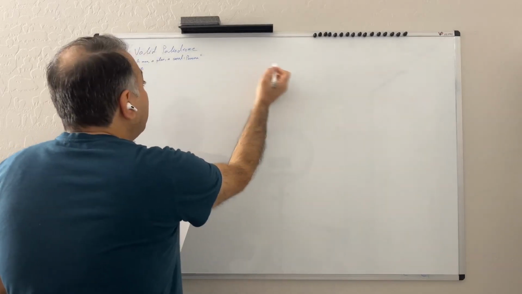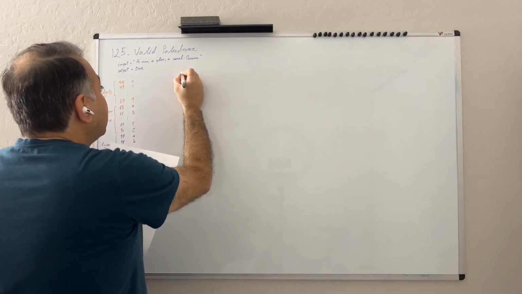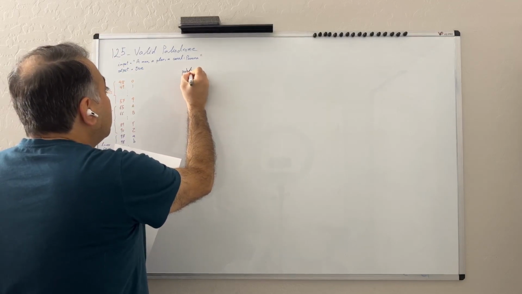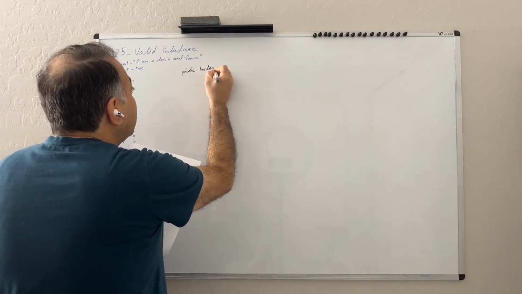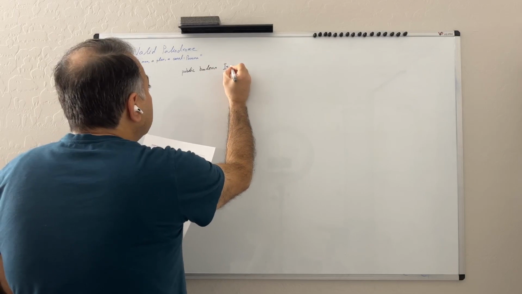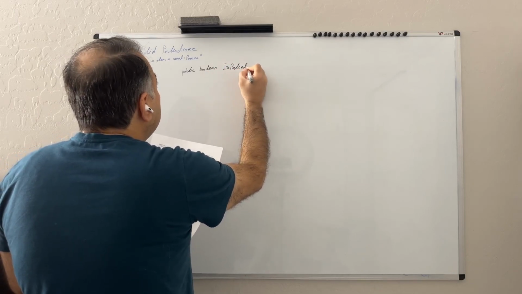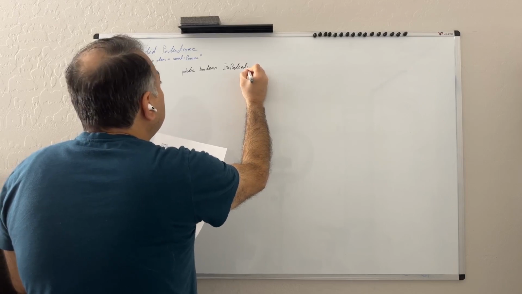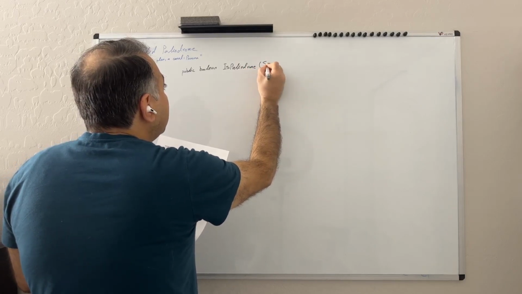So I'm starting to write the method. I name the method: public boolean isPalindrome. And this method receives the string